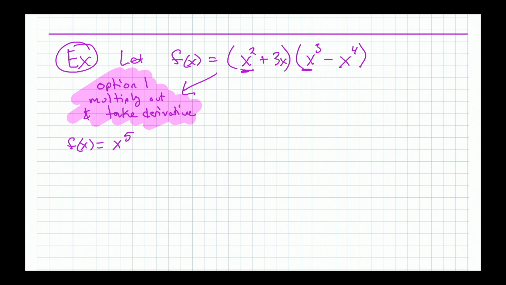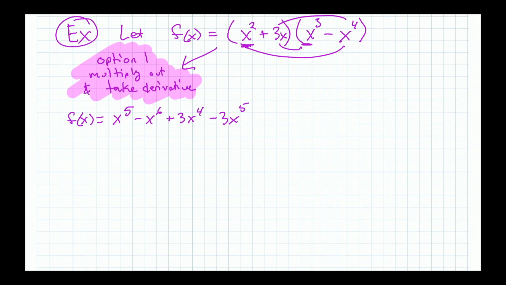And then you've got the x squared and the x to the fourth is going to be minus x to the sixth. And then you've got the 3x and the x cubed. That's going to be plus 3x to the fourth. And then you've got the 3x and the x to the fourth, which is going to be minus 3x to the fifth. Right? That's what I get when I multiply it out,